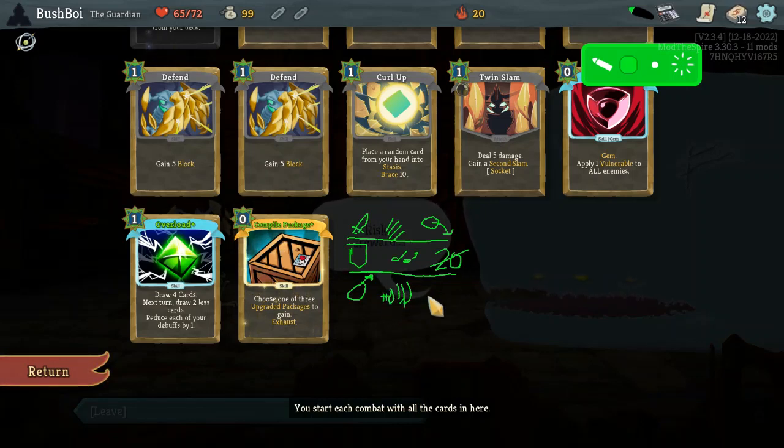Which keeps statuses and curses at bay. And it has Spiker Protocol, which gives us brace every turn, and while we're in defensive, gives us extra thorns. This is important to be doing right now because we're analyzing just how strong we're going to be in hallway